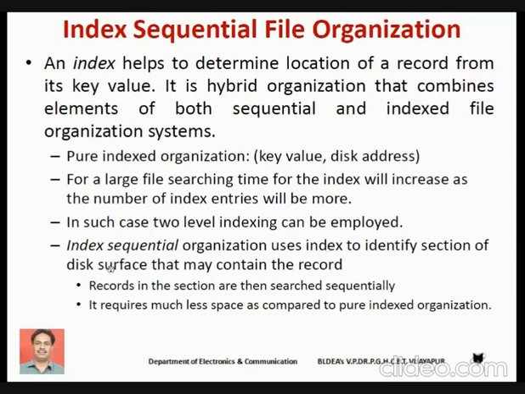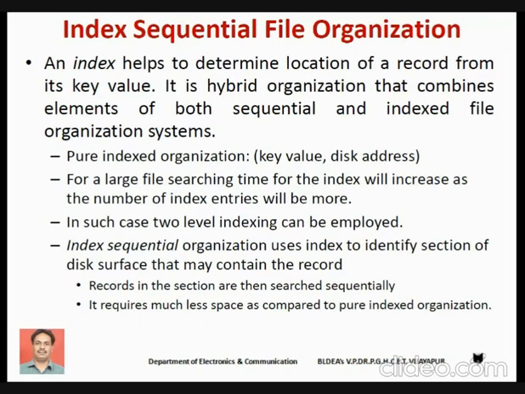Once we go to that location, the remaining records can be accessed sequentially. You maintain the key value and find the location on the disk, and from that location the remaining records are accessed sequentially.